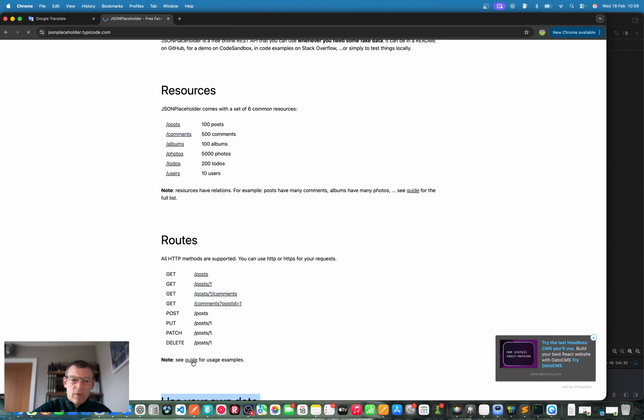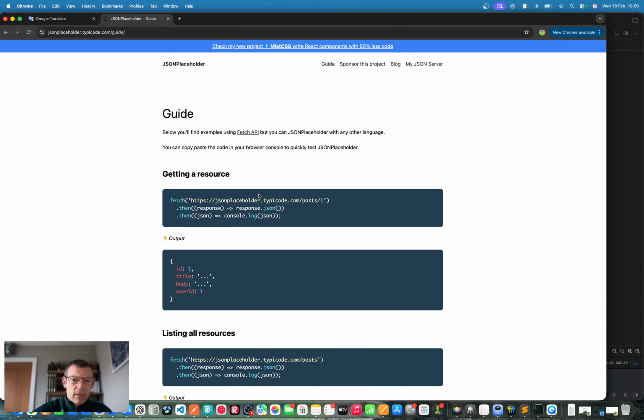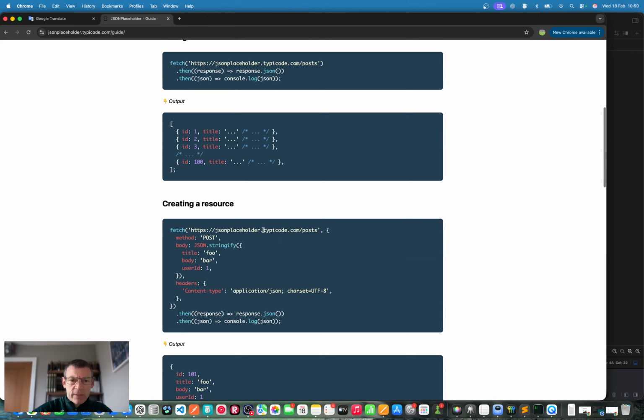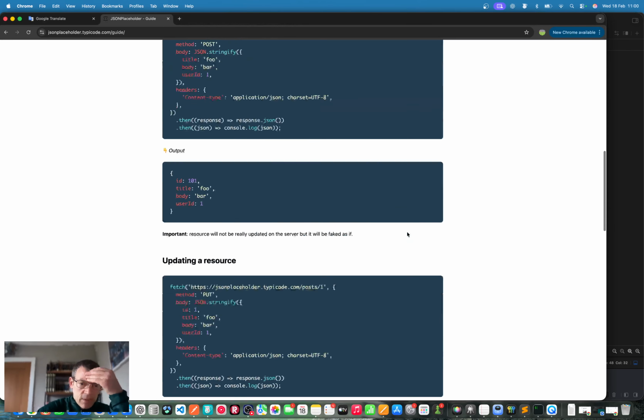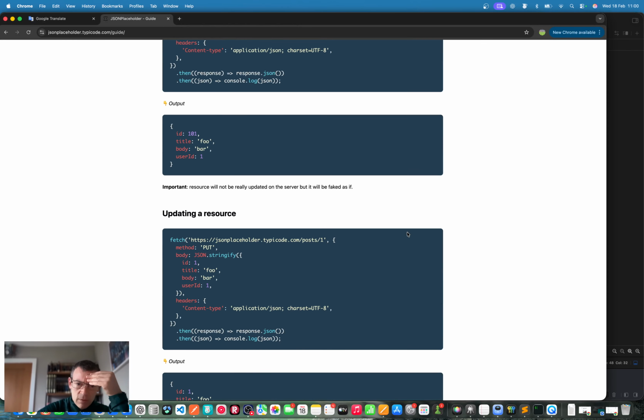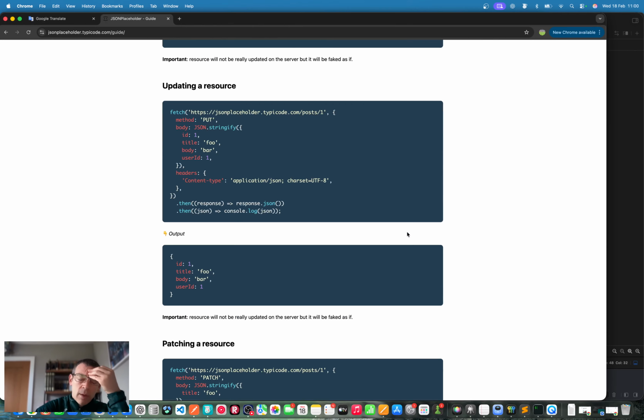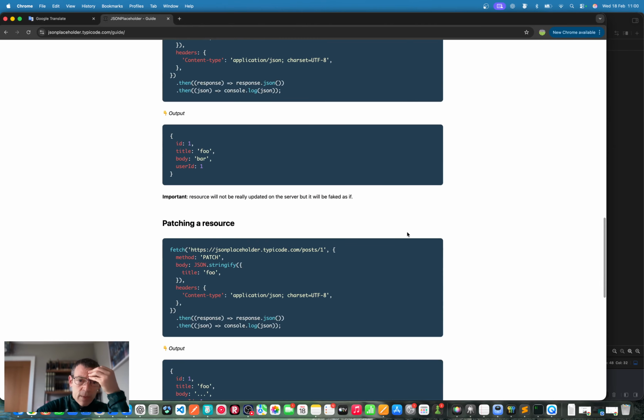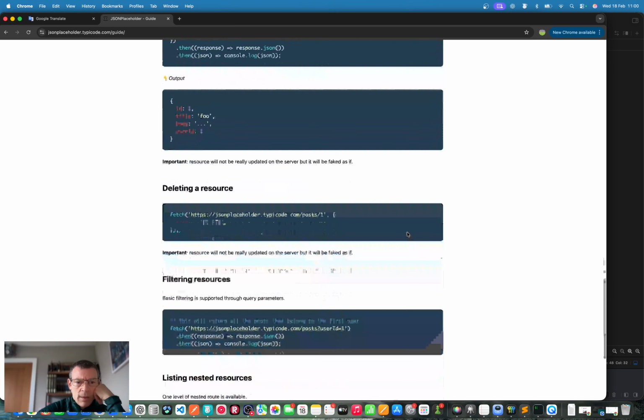See the guide for usage examples. Let's try that. Getting a resource, listing all resources, creating a resource, updating a resource, output, patching, deleting,